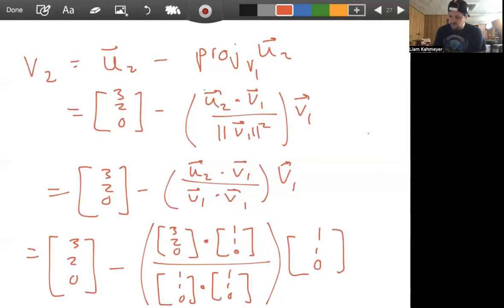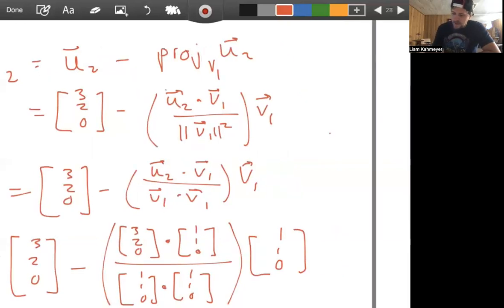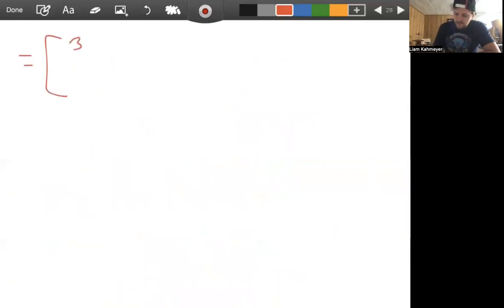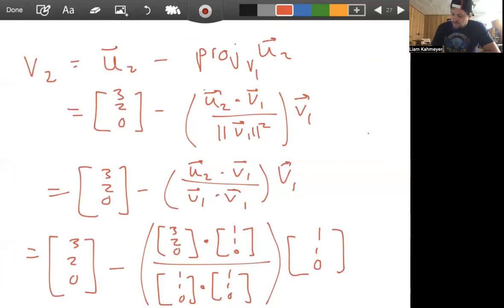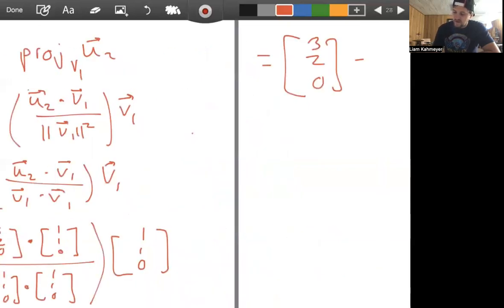I know this parenthesis part looks a little overwhelming, but it's really just a number. It's a scalar. The dot product is a scalar. The magnitude squared is a scalar. So that's all just a scalar. And it looks like we're going to have (3, 2, 0) minus, and then let's see, we have the dot product. That's going to be 3 plus 2, that should be 5,